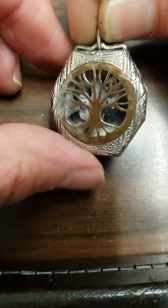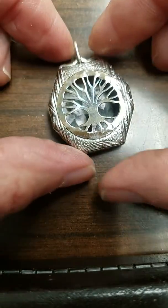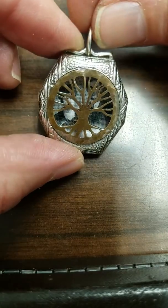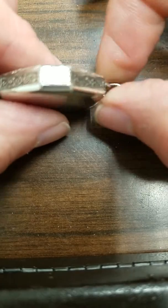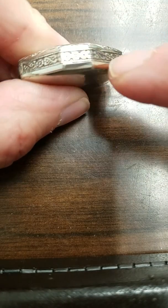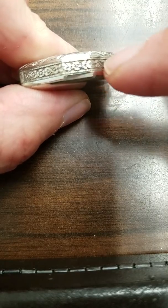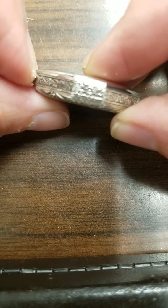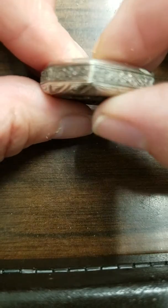Okay, here's one of the little remembrance watches or lockets. If you turn it on the side, you'll see there's a top piece, a middle piece, and a back piece. You can kind of see the seam better on the top piece, but if you flip it around and look at the seam on the back piece, just kind of look for a place